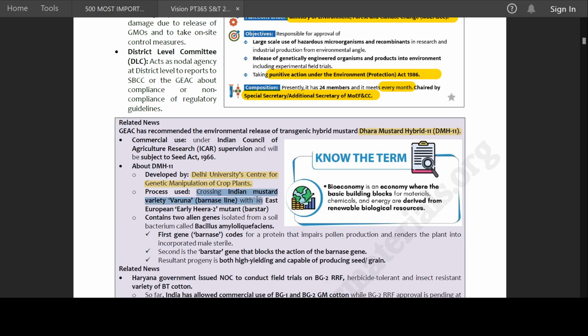Sometimes these two terms could itself be a question: these terms are seen pertaining to which topic, and options will be given. So the process used was crossing between the Indian mustard variety Varuna Barnase line and an East European early Heera-2 mutant Barstar. It contains two alien genes isolated from a soil bacterium called Bacillus